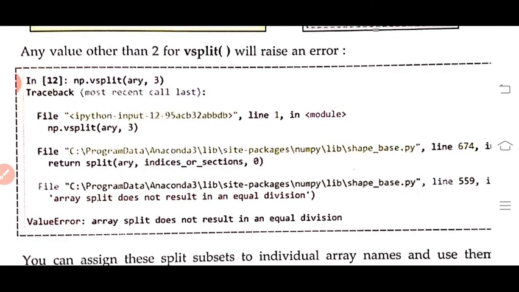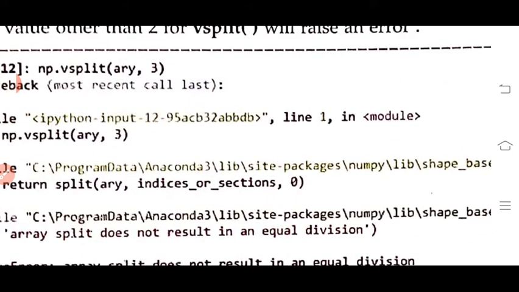In this case, here also you can see np.vsplit(ary, 3) means divide the array on the vertical axis into three equal parts. So see, when we are talking about vsplit, on the vertical axis, we are talking about rows. Number of rows is 4.